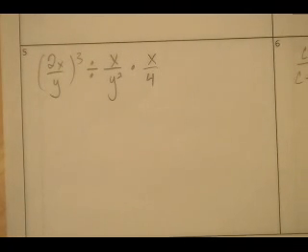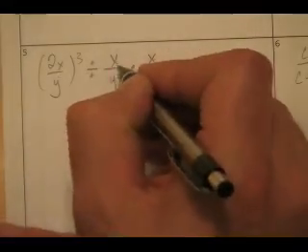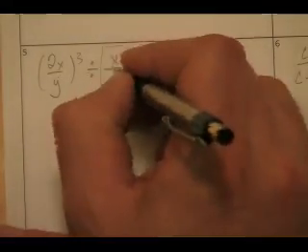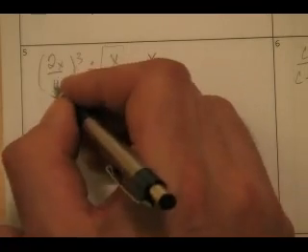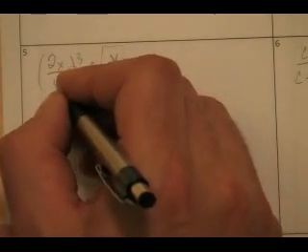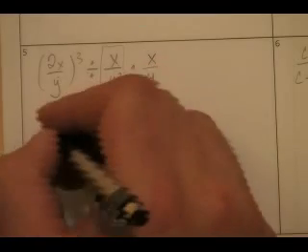Alright, now here's a crazy one. So it's this divided by this guy. I'm dividing by this guy, then times this guy. So this is the one I have to flip. I have to find the reflippical of this guy. 2xy. So remember, this is 2x over y. So it ends up being